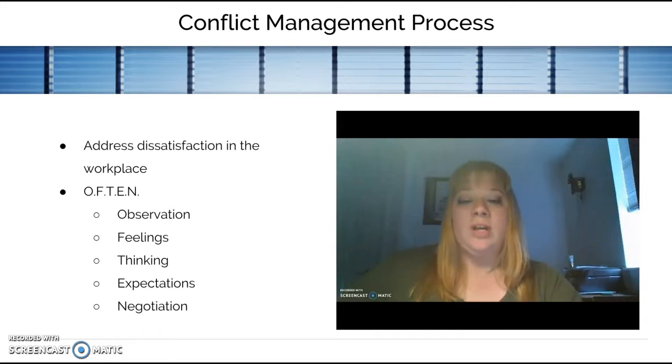Last, there is N for negotiation. This stage is where brainstorming happens and expectations are agreed upon with a clear and mutual understanding, and can be referred to as a give and take. This stage also determines who must do what, when, and where.